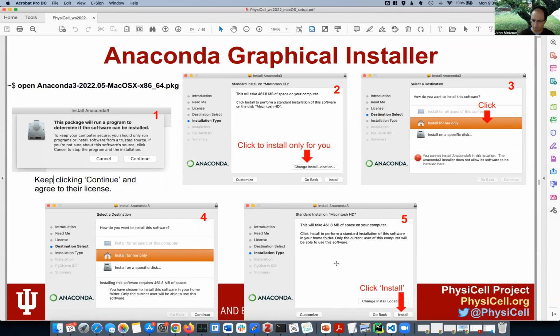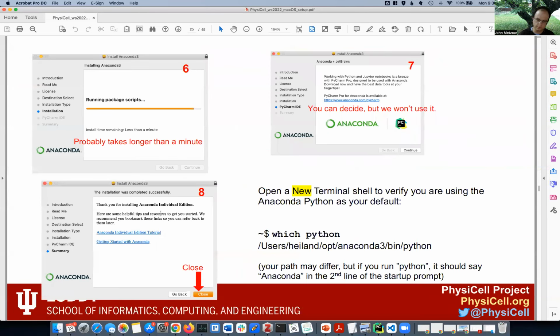then once you've confirmed all the installation, you'll be back to being ready to install. So when it comes to installation type, make sure you click on change install location, and actually you want it to do install for me only. And then you can go back to the regular prompts. It'll take a while. And then finally, you get the option to install the PyCharm integrated development environment,